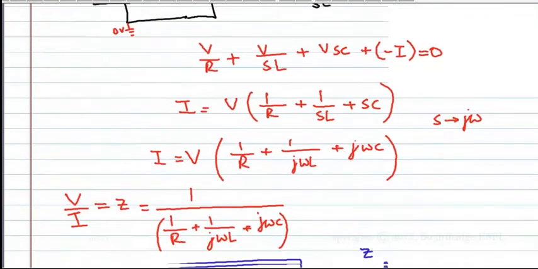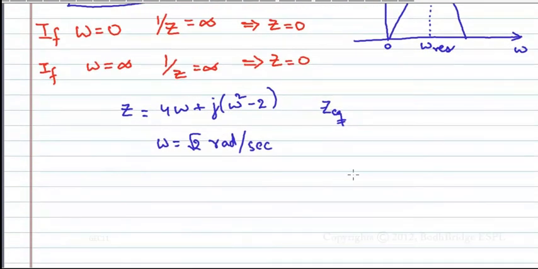Now, make the J omega term equal to 0. That is, the imaginary part is equal to 0. First find Z equivalent, convert it into A plus JB form, and set B, the J coefficient, to be 0. That gives you the omega resonance frequency. Then substitute this in that Z equivalent. Obviously this J term goes away and the remaining term is present. That is called Z resonance. At resonance, that is the value.